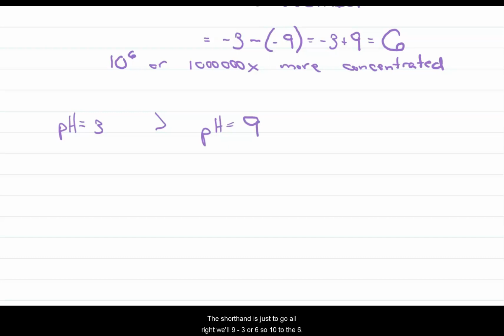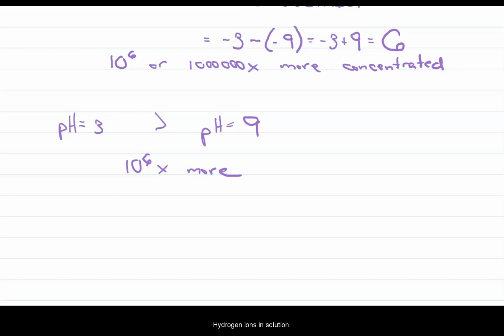The shorthand is just to go, all right, well, 9 minus 3 is 6, so 10 to the 6th times more. Right. Every number of the pH scale represents 10 times more or 10 times less